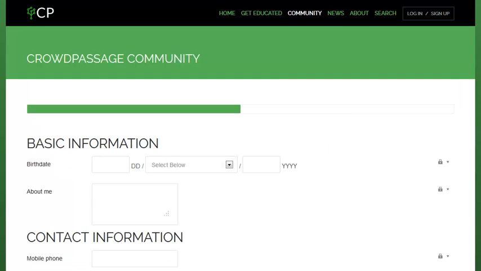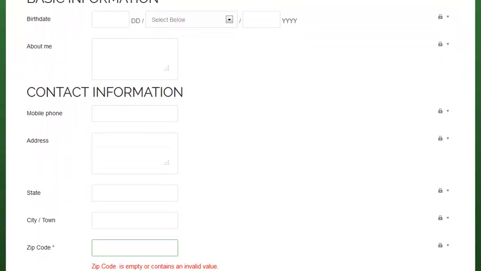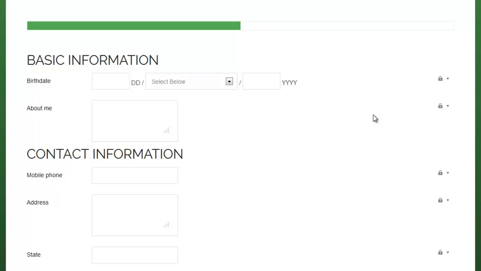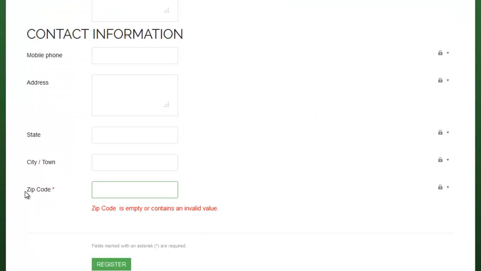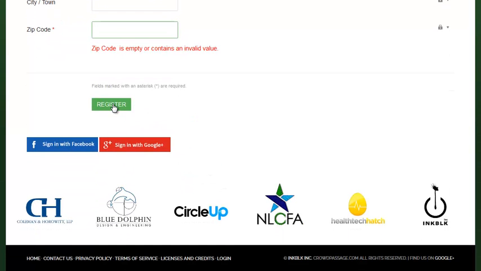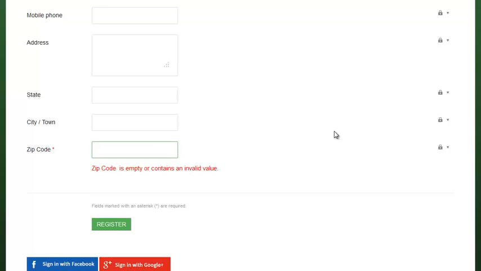After you fill out that first page, you'll move on to this section here where you can fill in some basic profile information and contact information. None of this information here is required with the exception of the zip code area. Once you're done with that, you can go ahead and click register and you will be registered and taken